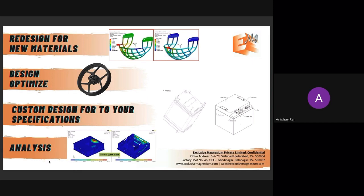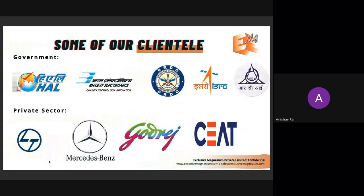And analysis. So any kind of FE analysis that you might need, load testing or anything else for your component, we can do that. We work with some of the biggest names